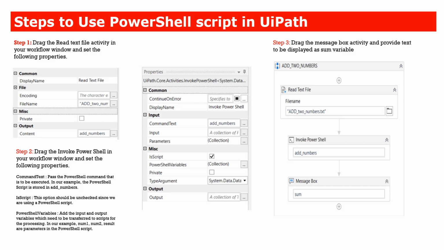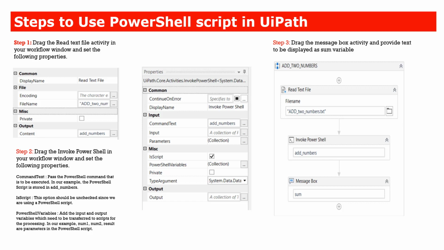In the third step, which is optional, whatever output comes from the PowerShell, you perform certain actions on it. You should be able to print that message, or use that output from the PowerShell in different activities.